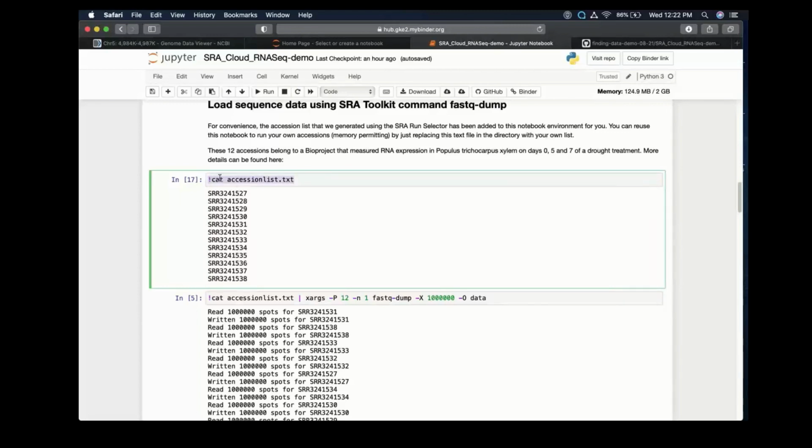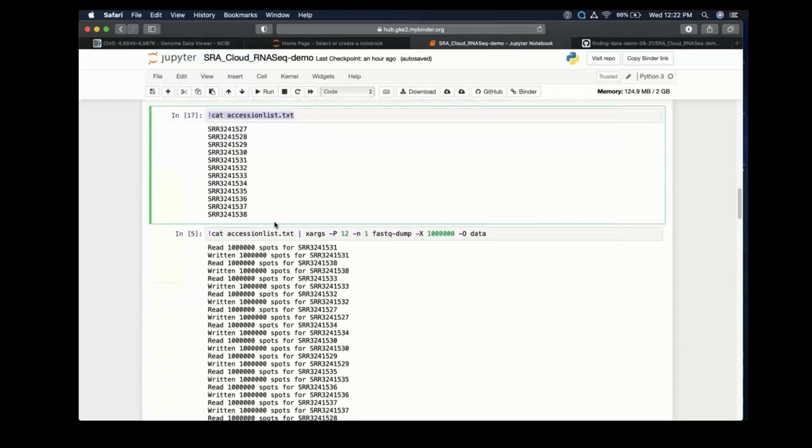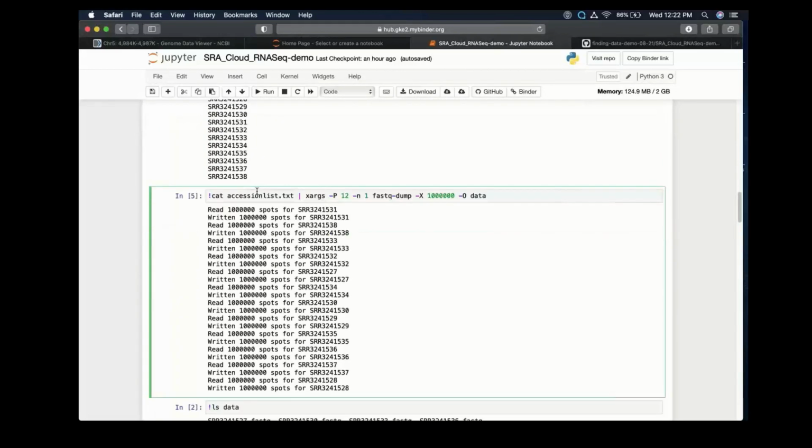So the first thing you need to do is have a list of your accessions. This is the list that Peter downloaded. And I'm saying open it up. So cat just means open up the list and do something with it. And then you would send it to another command. This little up and down line is called a pipe, and it sends it into the next command, where